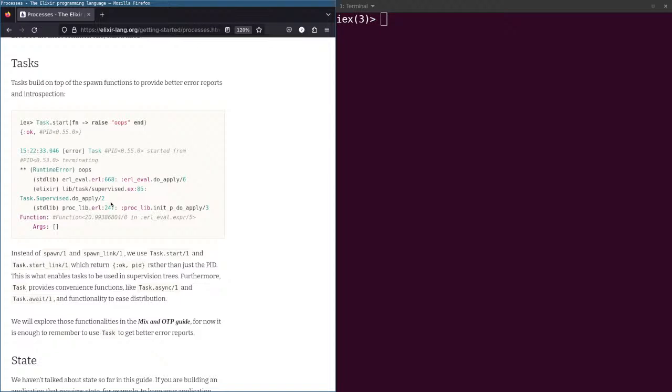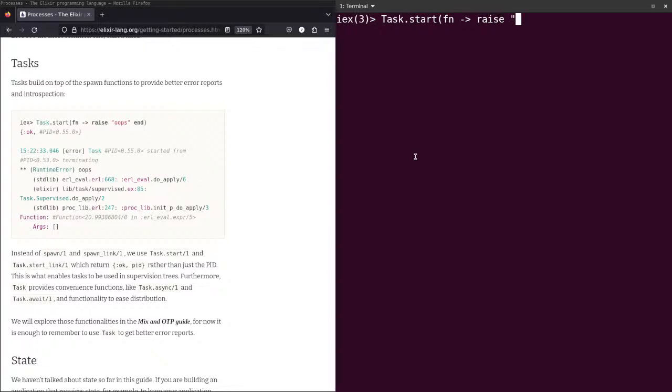Task builds on top of the spawn functions to provide better error reports and introspection. Let me see. Here Task.start takes a function that raises an exception.